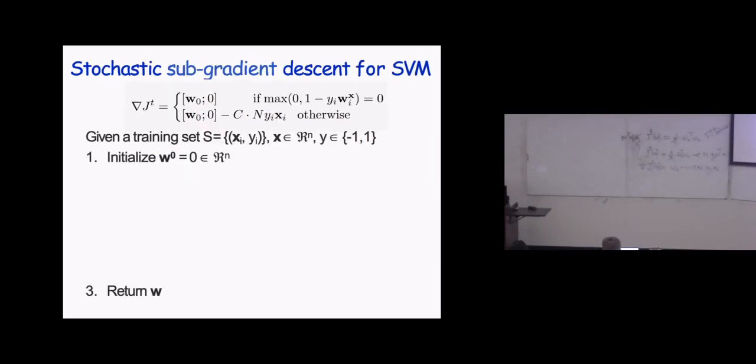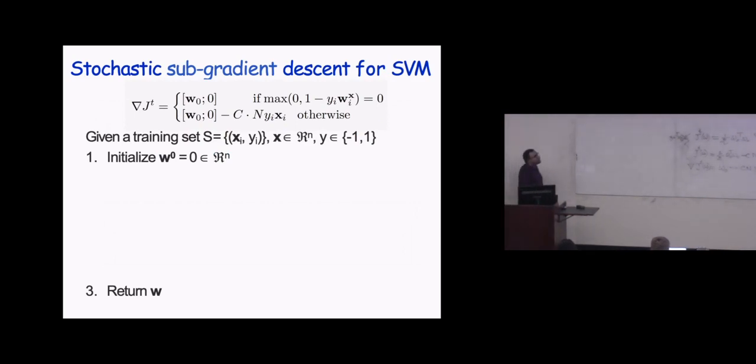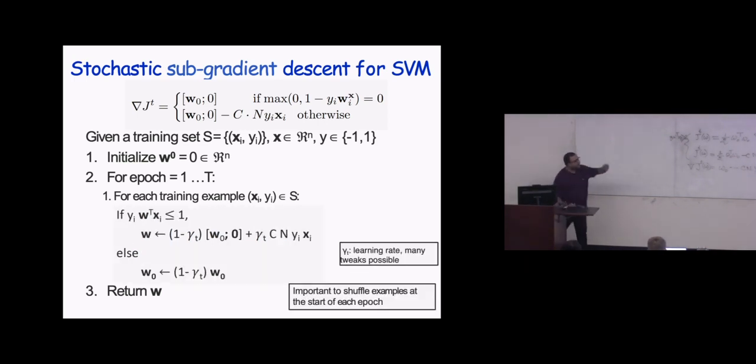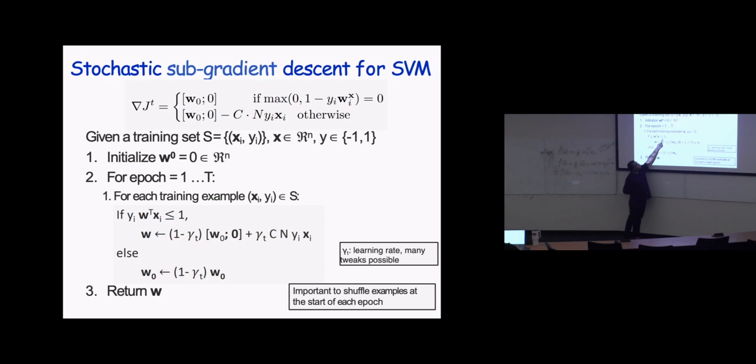Right? So now, your stochastic subgradient descent for SVM changes this way. So you again start with W naught equals to 0. Then you start for each epoch. For each training example xi and yi, you are trying to update W with this gradient descent formula, where your gradient descent function looks like this. So if your dot product is less than or equals to 1, you update with this formula, which comes from here, or else you do this. Where is this coming from? This is coming from